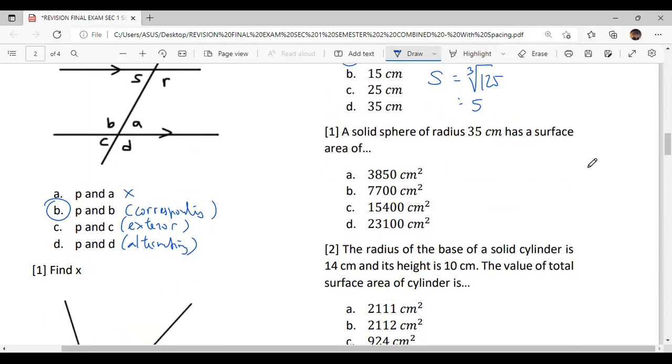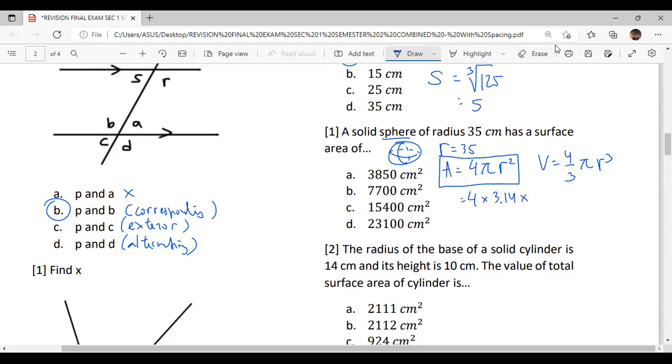I put the formula on highlight, or I just square it. I think it's easier. A solid sphere has a radius of 35, sphere, ball, right? You need to memorize the volume of the ball, but the question is asking for the total surface area. So the area of the ball will equal 4 pi r cubed. No, wrong. 4 pi r squared. If cubed, it is volume. The volume will be 4/3 pi r cubed. You use this formula. So 4 times 3.14 times 35 squared, and you can put